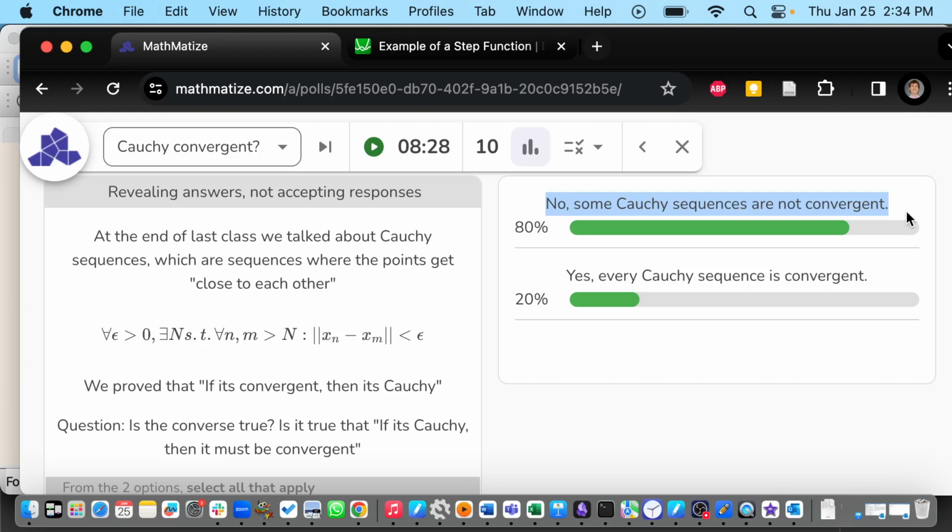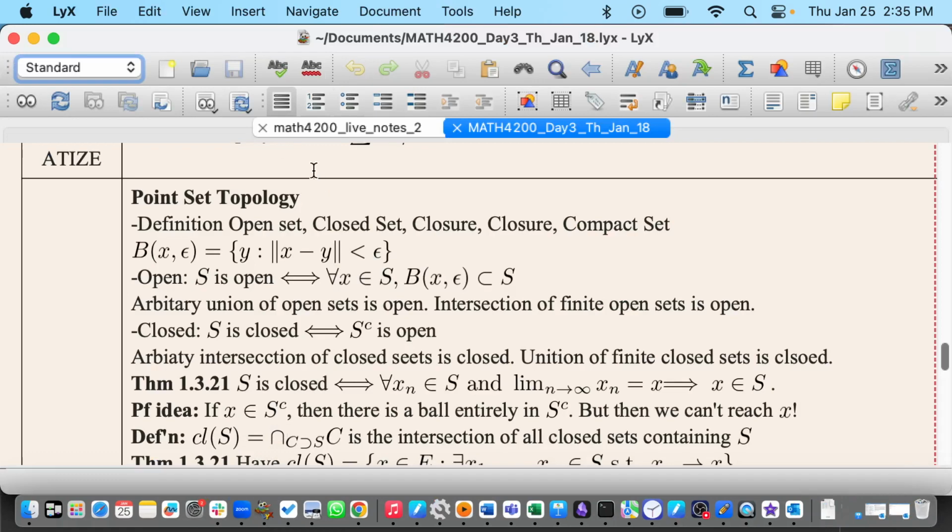I mean, if the space is nice, then the answer is yes. If the space is not nice, then the answer could be no. Okay? And we give this nice thing a name. It's called complete. So not only is it a fancy name, let's go